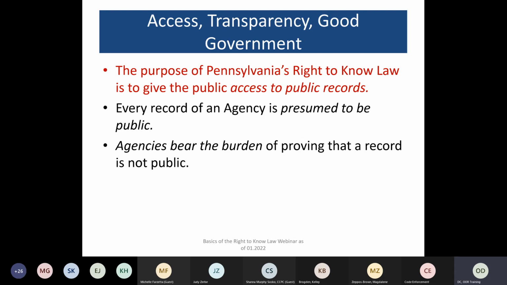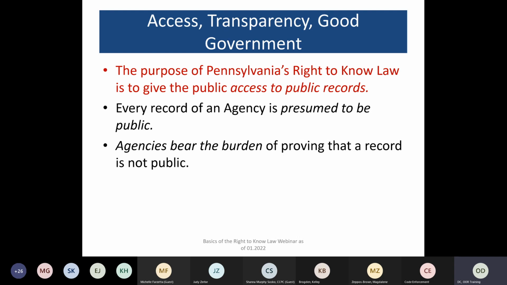And I find that, if you encounter a right to know request that has you a little confused, or you're just not sure what direction to take, sometimes it's good to come back to this foundational statement. It's to give the public access to public records, no more, no less. And a lot of times that can get you steered in the right direction, and you can begin the search for what the person is